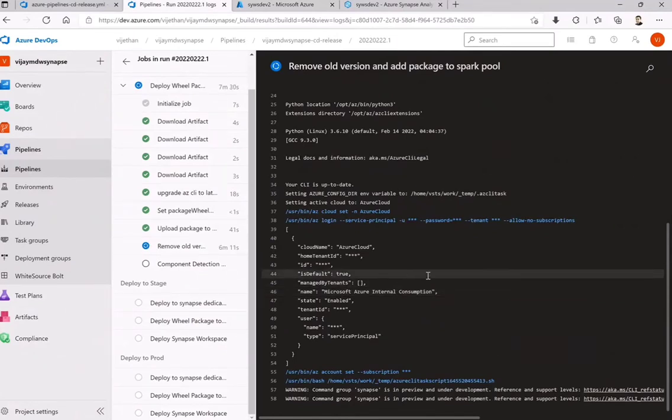What we will do, in the interest of time, is maybe keep this running. Once it comes to staging, we will finish these three stages, as production is identical. We will look till here, and then we will show you how to set up the integration part as well, because this takes some time.